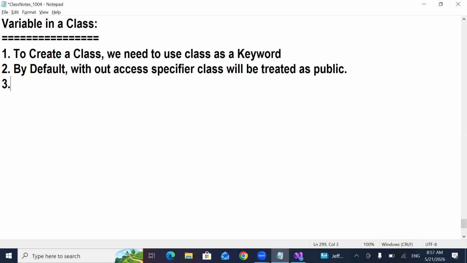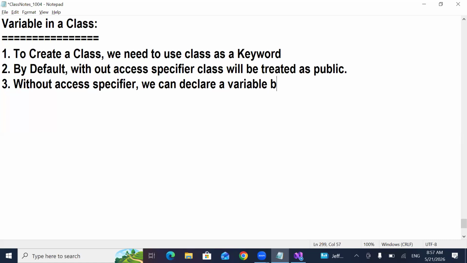Now, third point, without an access specifier, can I declare a variable? We can declare a variable. By default, is it public or private? If you don't have any access specifier for a variable, is it a public variable or a private variable?